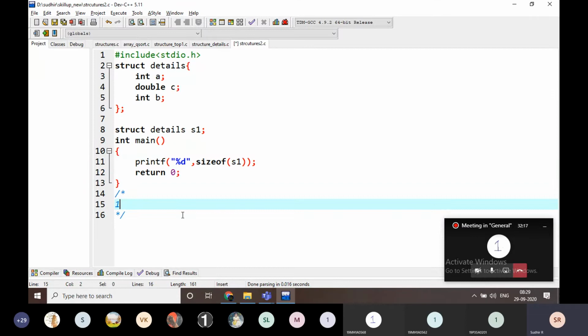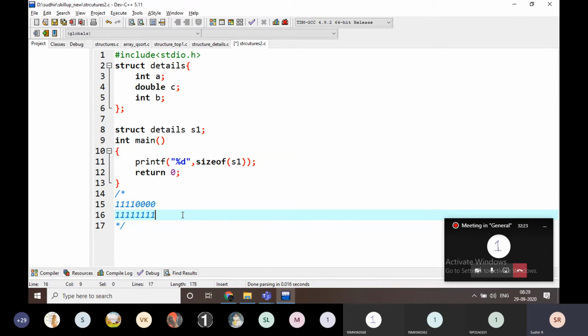Because first it is 4 bytes and then 4 zeros, then the double is represented in 8 bytes and then again the integer for 4 bytes and 0 bytes like this. This is called padding. In this way the memory of the structure is going to be placed like this. I think it is clear to everyone, right?